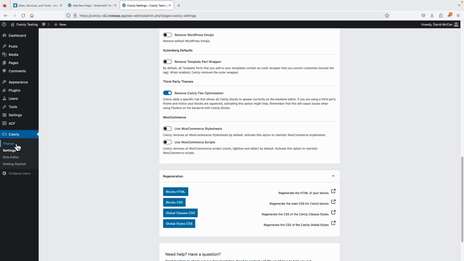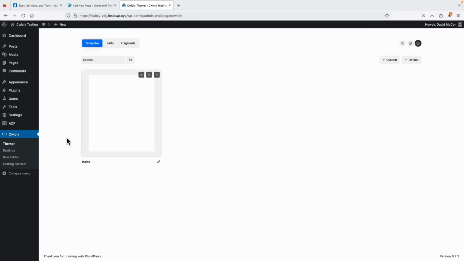This is another big feature of Cwicly, and that is the themer. Okay, we saw with Greenshift how you can click and go into the editor. Well, the themer is kind of an advanced version of the full site editor template management features. We can create a custom template or one of the default WordPress templates. With the custom ones,